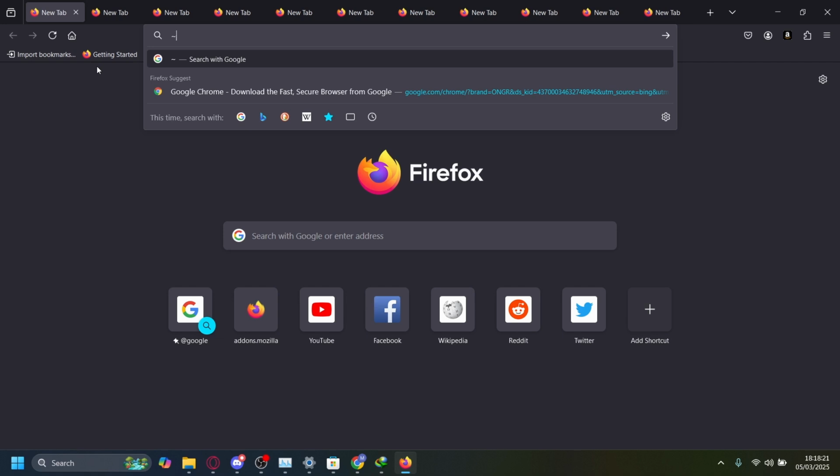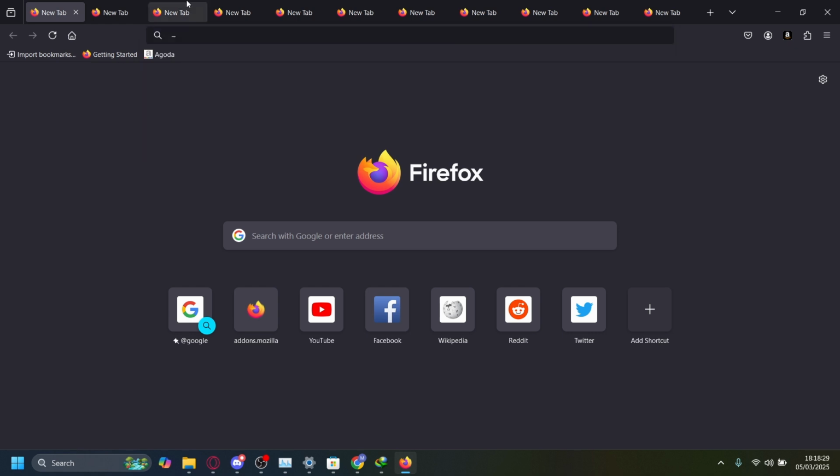I'll show you how you can fix high CPU usage in Firefox. Now, the most common issue that you have if you have a high CPU usage in Firefox is that you have too many tabs open here, right? And that's consuming a lot of RAM and it's consuming a lot of processing power that could be used for